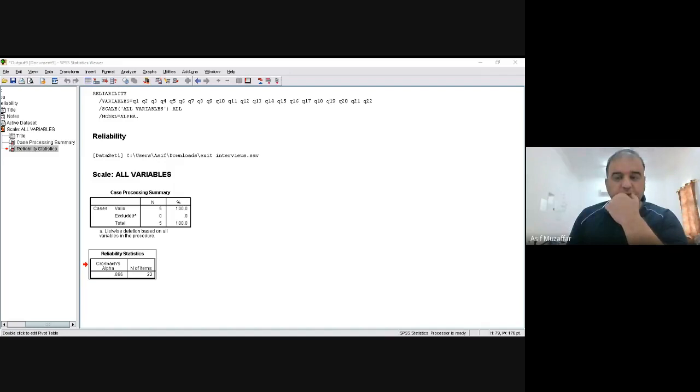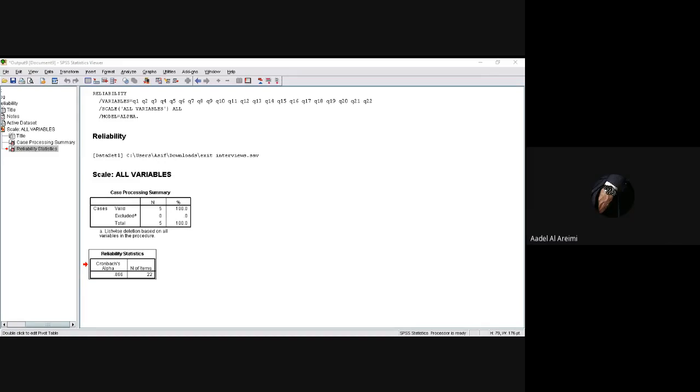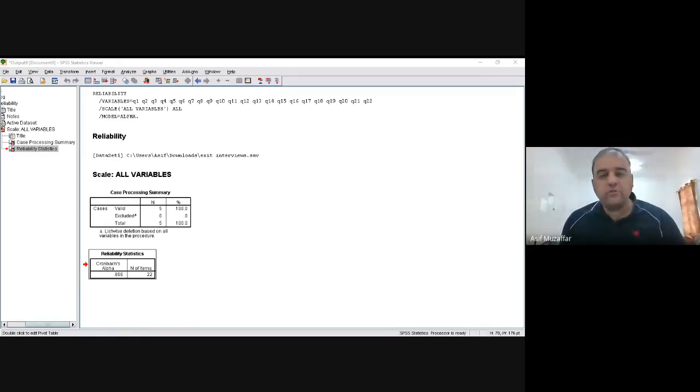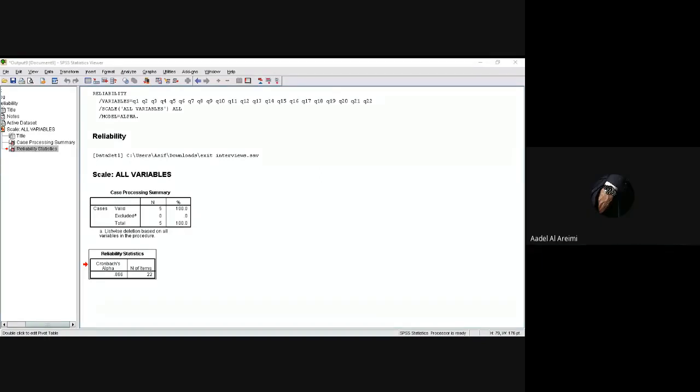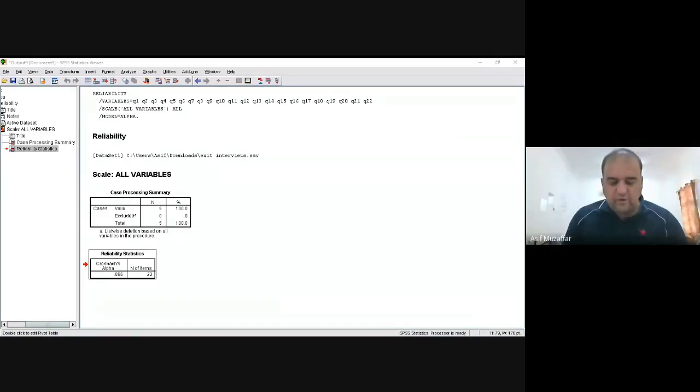This is my question to you people. Yes, I think. Yeah. How? Why do you think? Because I told you, the Cronbach's alpha value should be greater than 0.7. This is 0.866. So that means my questionnaire is reliable. I can do statistical testing now. If your reliability is low, then you have to collect the data again.